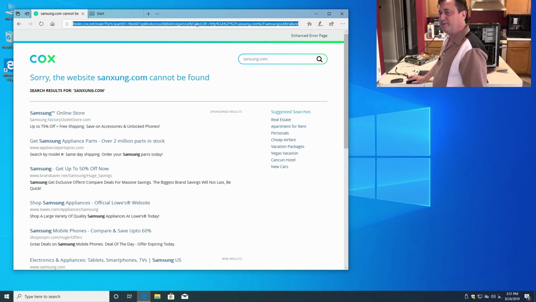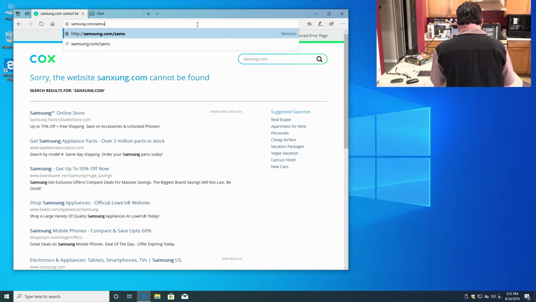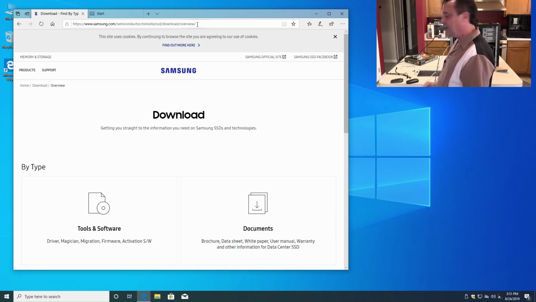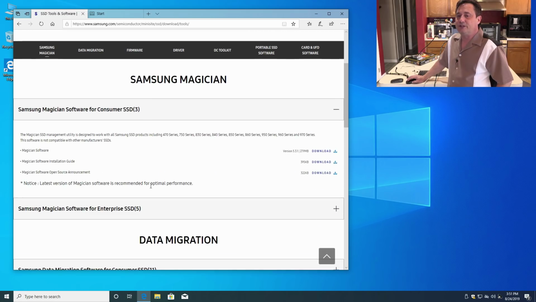And again, this is, what? Did I type it wrong? Let me do it again. Samsung.com/Samsung SSD. Did I get it right? Yeah, I got it right that time. Okay. I'm going to go to Tools and Software right here, and then I'm going to go to,